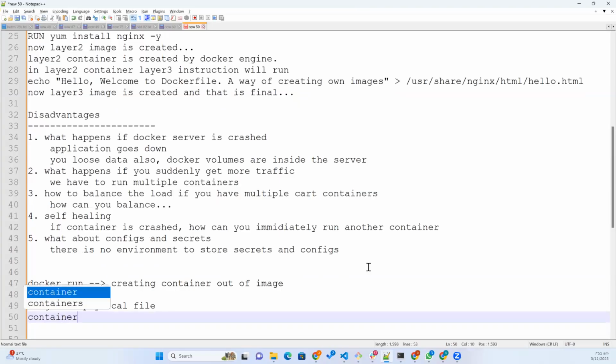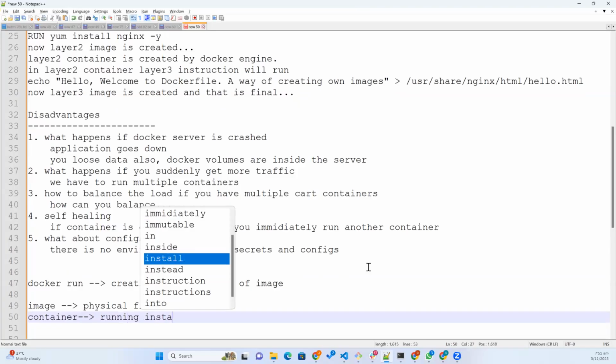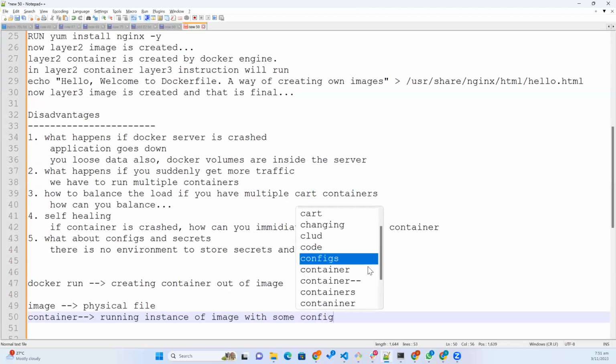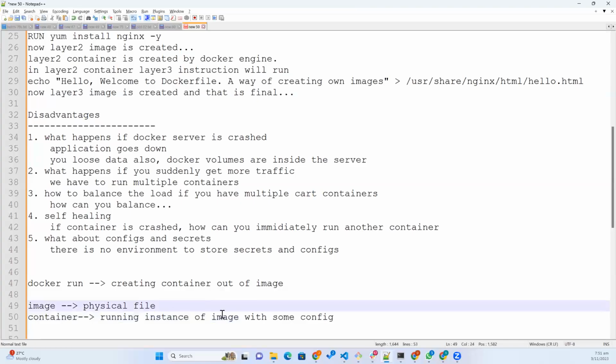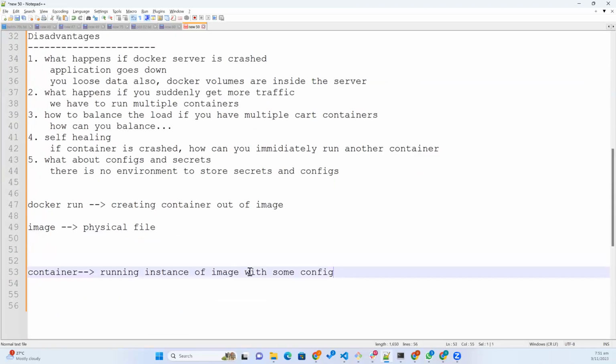A container is a running instance of an image with some configuration, right? So even when you run orchestration, you must need the image. So I'm just separating this container. I'm removing the responsibility from Docker to run the containers. I'm giving that responsibility